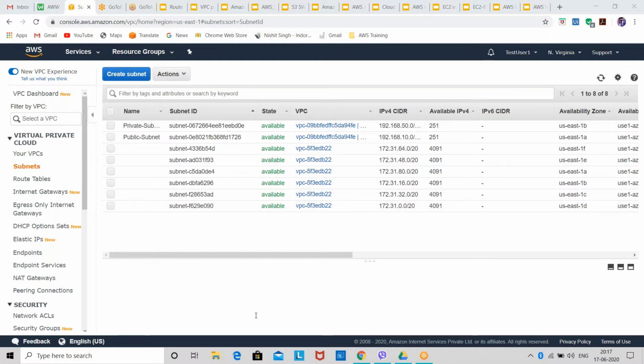Like for 192 range, you have to give slash notation of 16. For 172 range, you have to give slash notation of 12, and for 10 dot range, you have to give slash notation of 8. You can change the slash notation of public subnet as per your requirement when you do supernetting and all. So you can change at that time. But because we are not doing supernetting and all, we are just creating two subnets. So that's why I have selected /24.